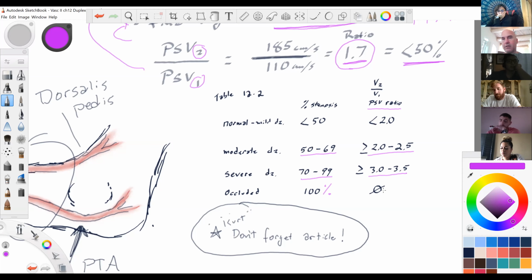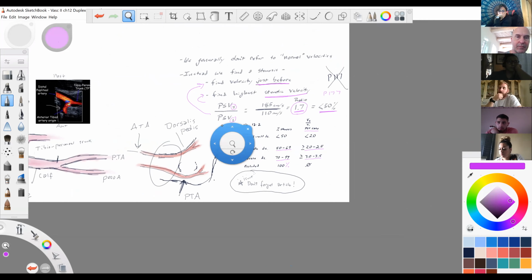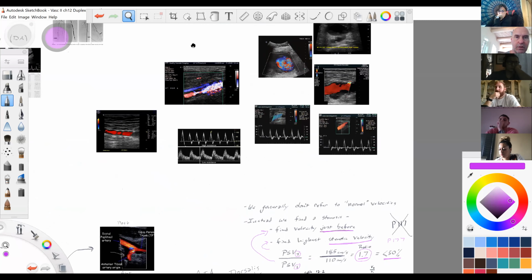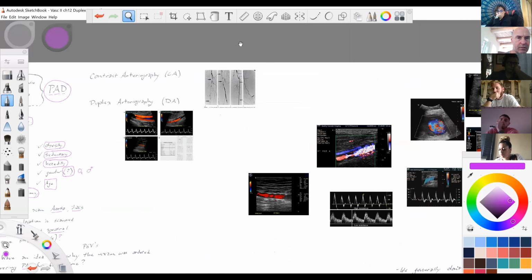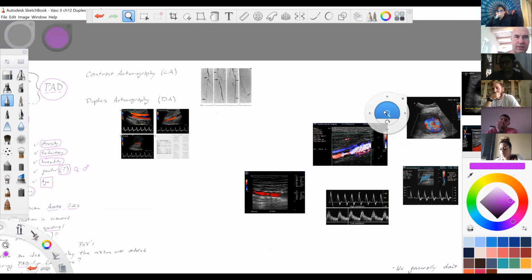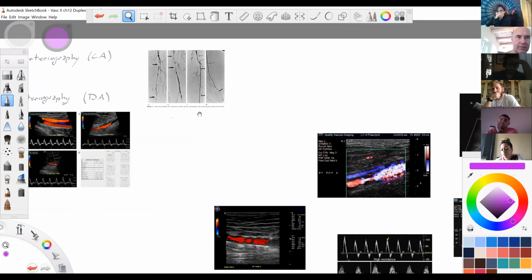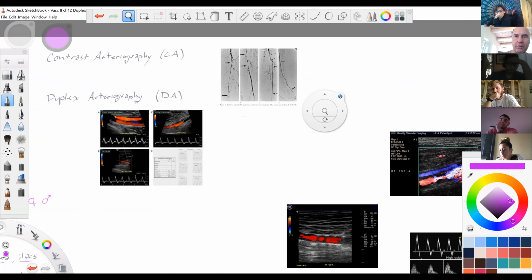Kurt, don't forget article. Okay, but I need to go do something first. Prior to article, we have got some pictures. Pictures are always a good thing. I didn't mention this, so let's go over here first. Just so you know,